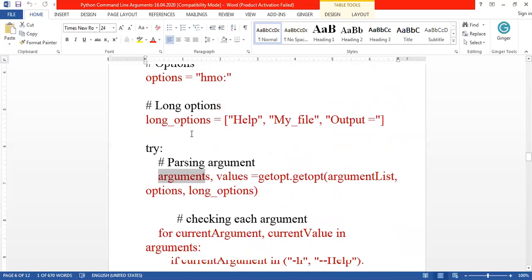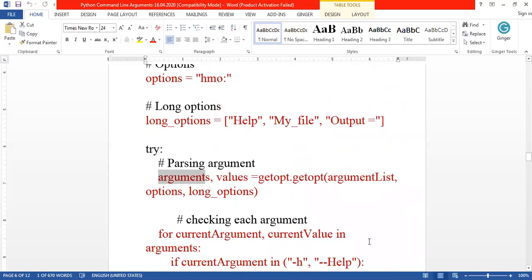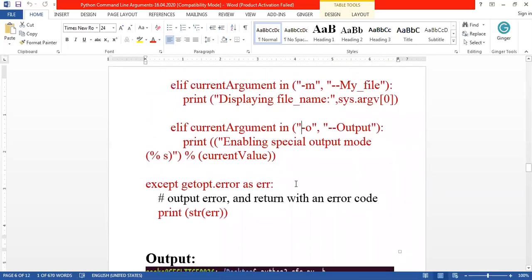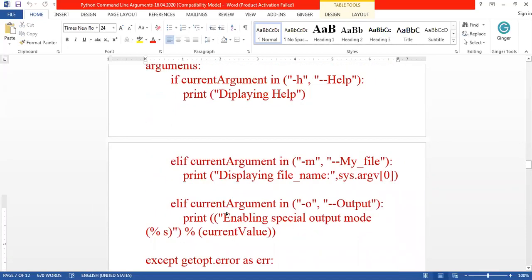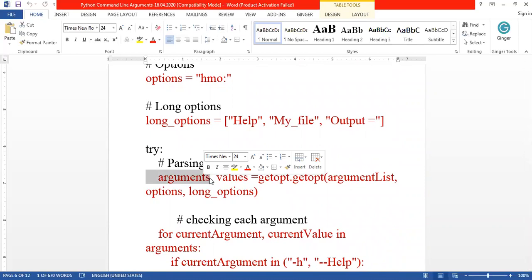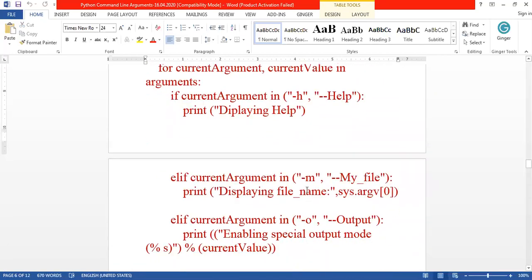This argument will take some value in addition to the command, right? So this argument consists of a pair of values: one is -o, followed by a value. The help command and the myfile command don't take any value, so the value part is empty, but this -o command will take some value.